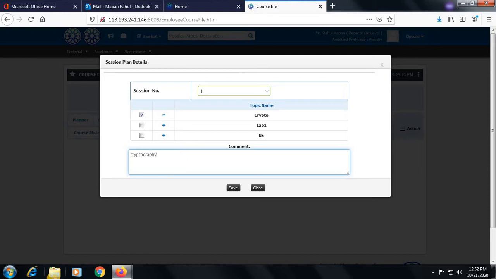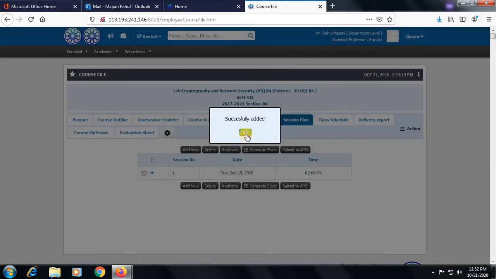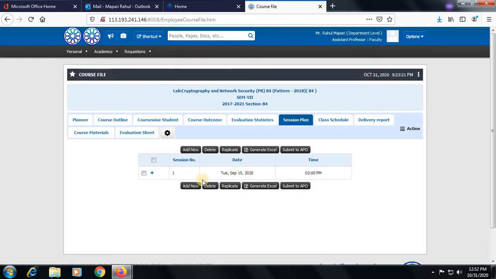Save. So the entry will be created for session number 1. It is like our teaching plan which we used to write in our traditional course files. So that teaching plan is nothing but a session plan in the ERP.